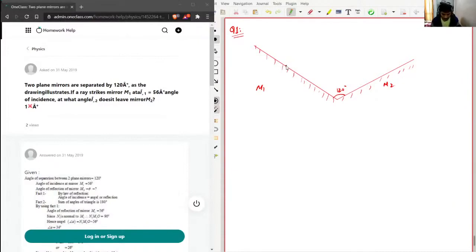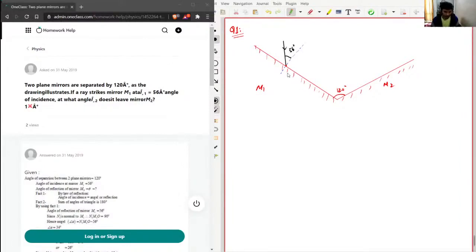So what we do is that we first make a normal here. I'll just make this normal with blue color. So this angle is going to be 90 degrees, and the ray, I'll just make the ray with the black color. So the ray is coming from here, and it is making, yeah, finally straight line. So it is making 56 degrees here,